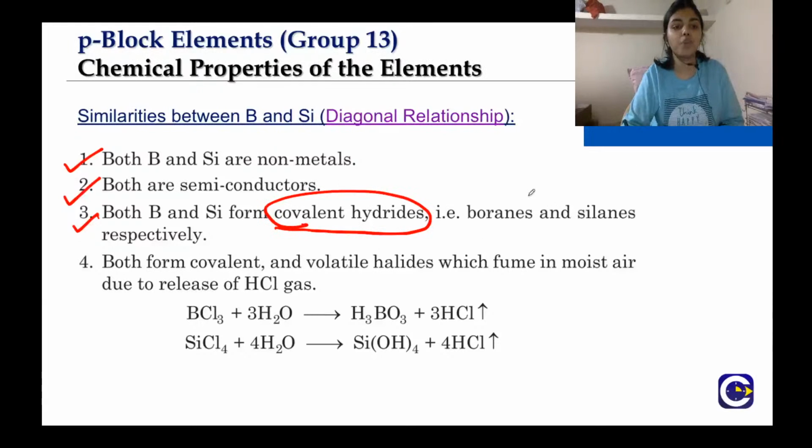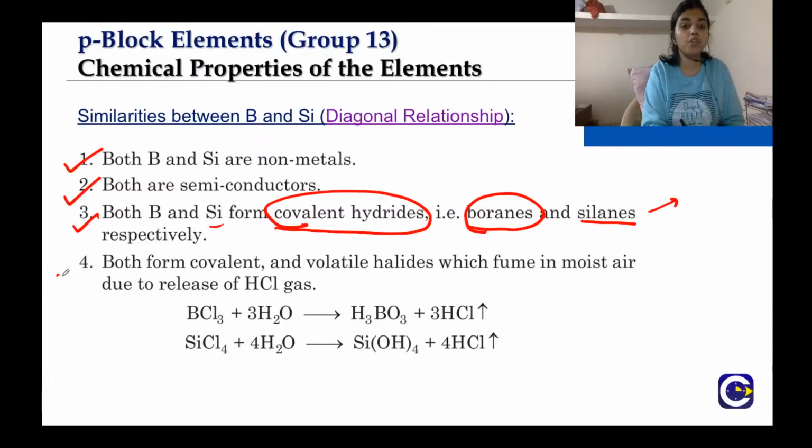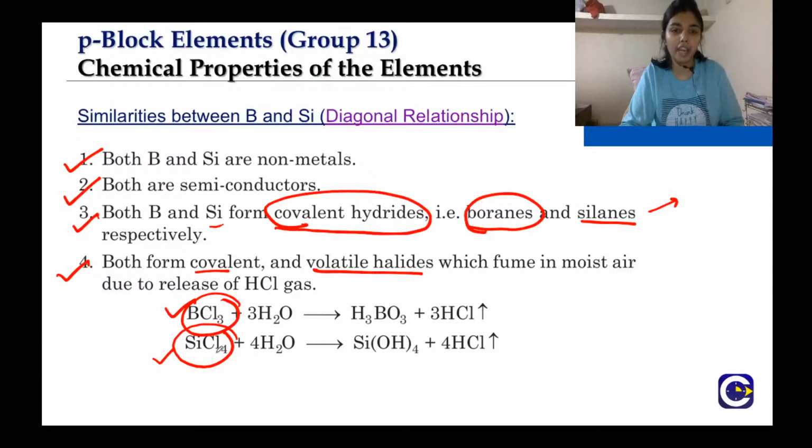The hydrides of boron we have already studied, they are known as boranes. Similarly, hydrides of silicon are known as silanes, right? That we will deal with in group 14 itself. Both form covalent and volatile halides, right? For example, BCl3 is a covalent halide, SiCl4 is also a covalent halide, and they both are volatile halides,